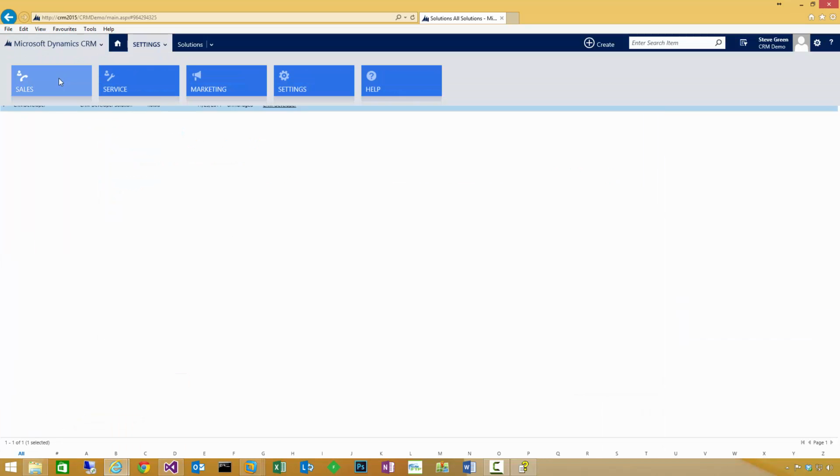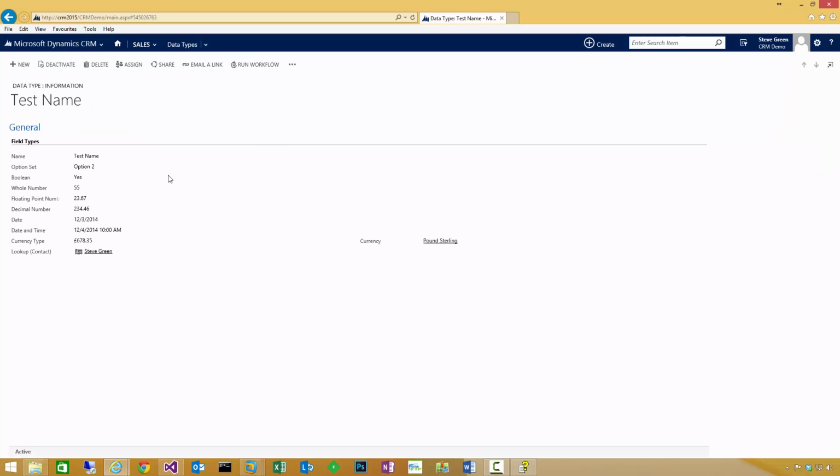If I go back to my entity, open, if we only update a single one of these fields, when we just do the save, the update will only contain the changed value. So if I was to change the boolean, for example, from yes to no, hit save down there, the only value that would be passed across in the update message would be the boolean, because it's the only thing that's been updated. So in order to be able to read all of them every time, we will either use a pre-entity image, or we could use a retrieve, but it's a bit inefficient. So probably a pre-entity image would be the best way,